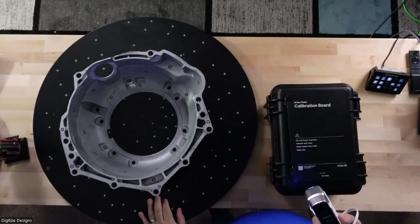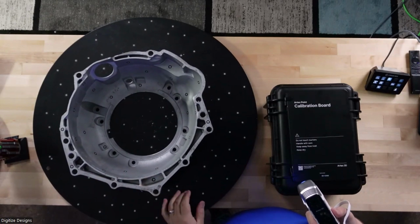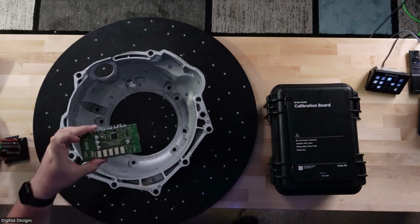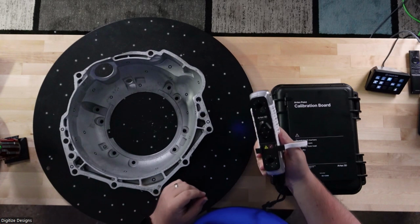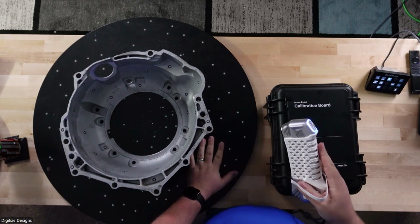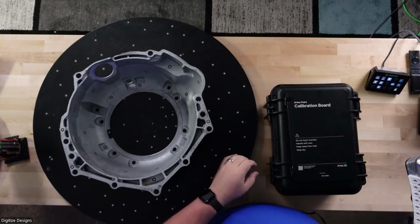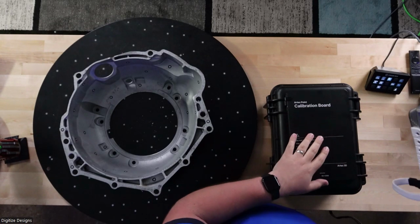I've got some around the part. For larger parts like this, you typically do want a few on the part. For smaller things, you can do just turntable targets, like we'll do this little guy in a minute with just the targets on the turntable itself. These two cameras are watching for those targets, and as long as they can see four in the field of view, which is a little bit bigger than this calibration board, depending on how far away you are from something,